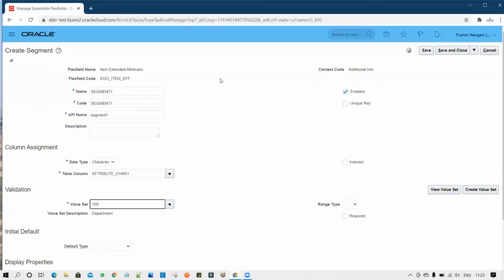Now, what important point needs to be considered while creating the multi-row? Under the additional info, we'll create the 3 segments. Any one of the segments must be considered as a unique key, so you have to enable it. What it means is that it will drive the rest of the values, and it is a key point to have the differentiation.